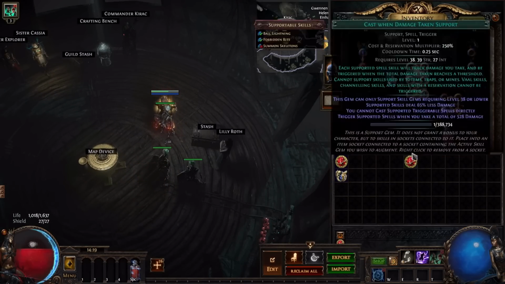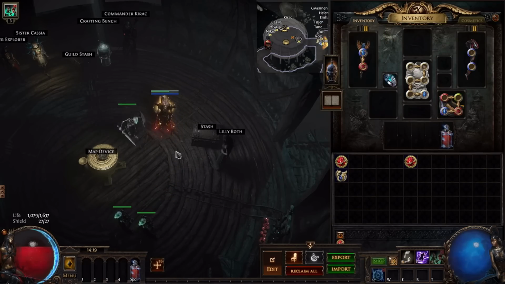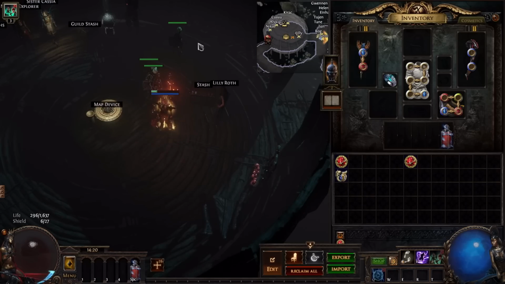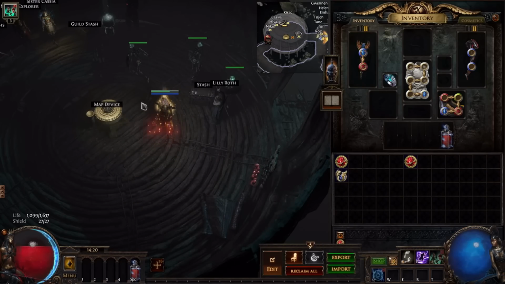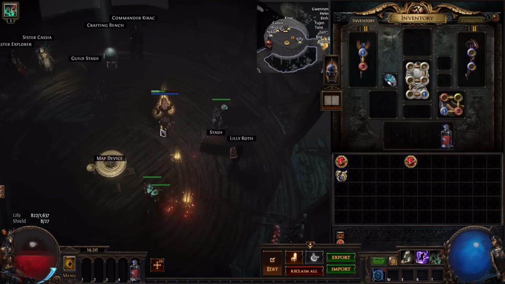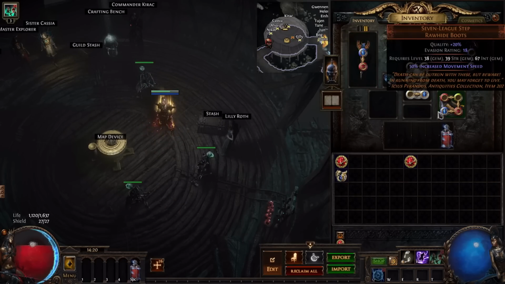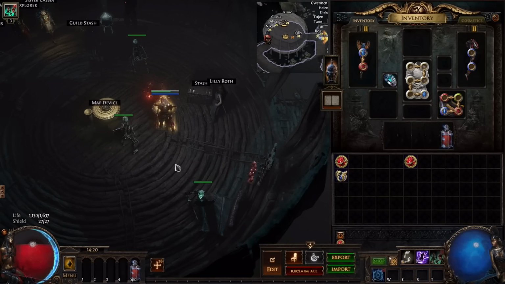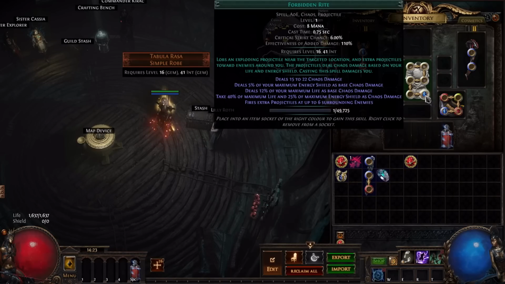So let's see. When we take damage, we summon 3 skeletons and cast Ball Lightning. When skeletons expire, we will take damage and we will proc the Ball Lightning. As you can see, we proc Ball Lightning, we took damage, and when we take damage, we summon them again automatically. So this is how you start your loop. Now everything is running automatically, as you can see. When skeletons expire, we take damage, we summon skeletons again, and we trigger our damaging spells.